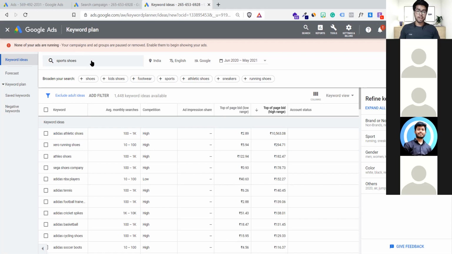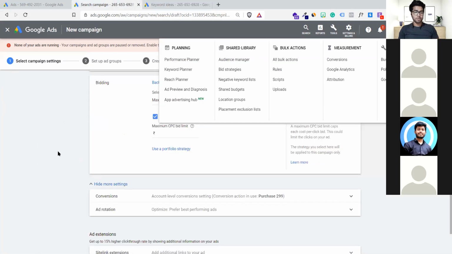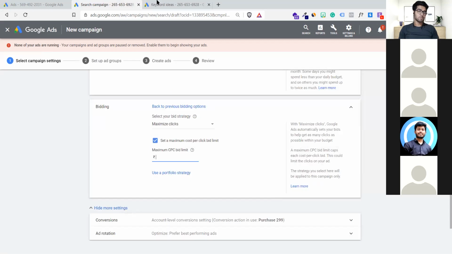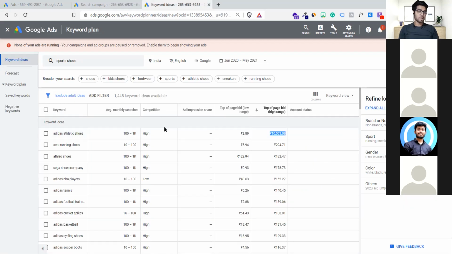I don't have to change the keyword, because this bid is pretty high already. 10,563 is already a high bid, and no one can bid near that in India right now in sports. So first we can do keyword research and then go for Google Ads bidding, right? Absolutely, yes. So the moment I was just showing you, because we were pretty confused at this time about what should be our maximum cost per click, I gave you an idea, I can go for 10 rupees. Now can you just tell me, can I put 10 rupees?